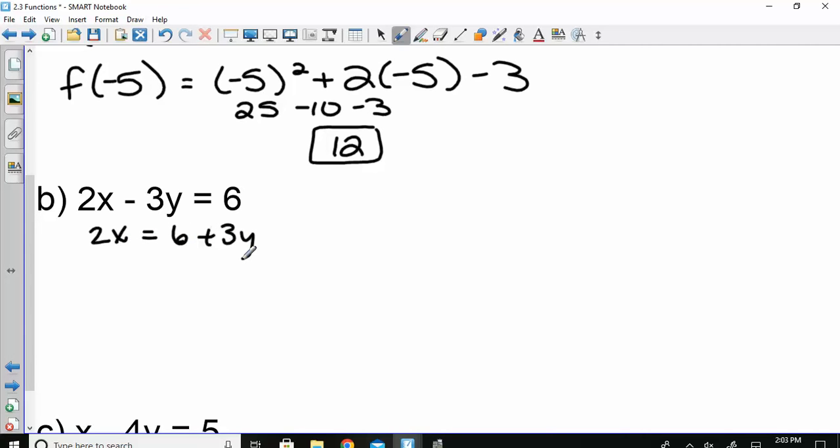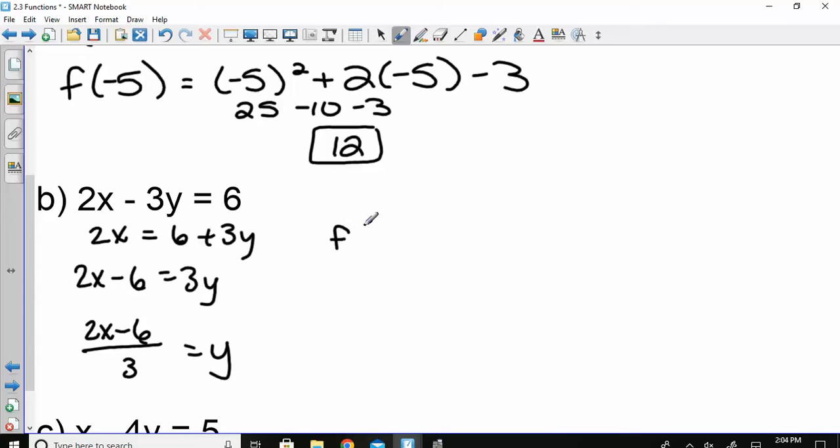Then what would you do? And then what? Divide by. You could have done it differently. You could have subtracted the 2x and divided by -3. So you would have had 6 minus 2x over -3. That's equivalent. So my function notation,